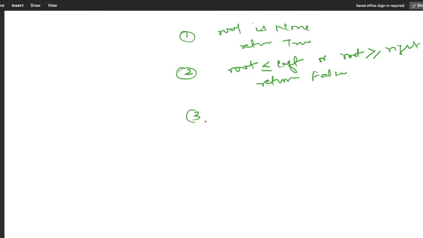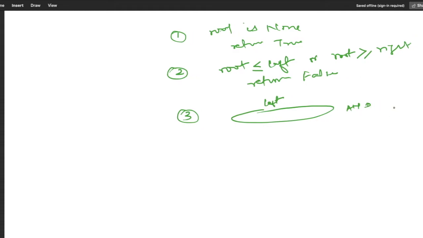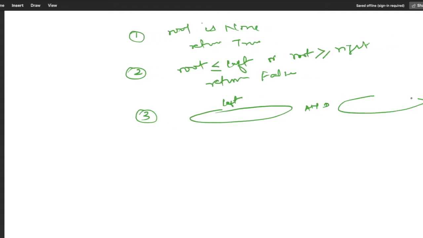And the third main condition was we are going to check for the left, and for the right, the same for right. Now here, for the left we are passing root dot left. Let me write over here.